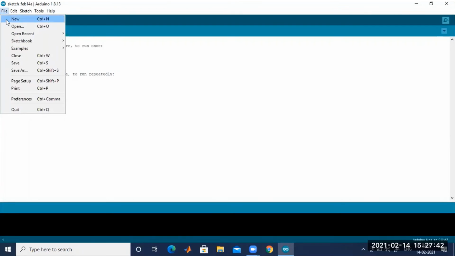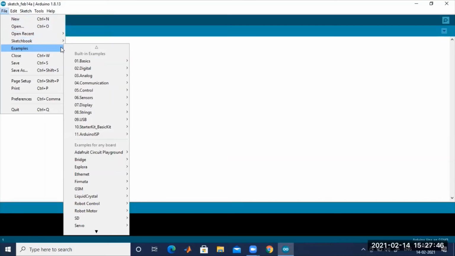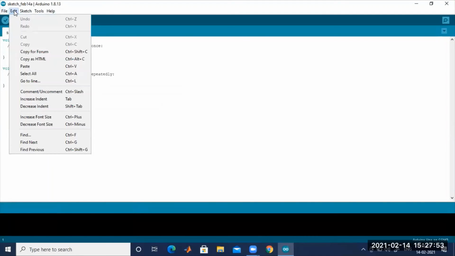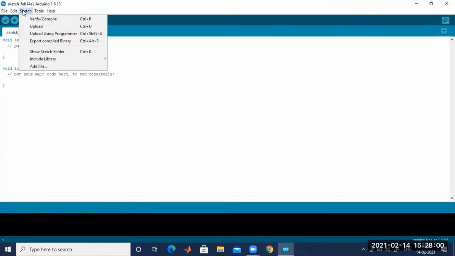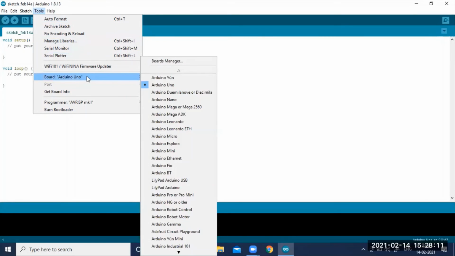So in the menu bar, File, here you can see different options. See, many examples are given. If you want, you can use the examples. As a beginner, you can use examples like Basics, Blink, LED blink. Many programs are available, already written. Edit, this is the edit option. Here paste, then select all, comment, all the things are there. Sketch: verify and compile, and upload. Many options, and for running, it will be helpful. Tools: different tools are available. Serial monitor, serial port, where it has been connected. Those things will be available here.